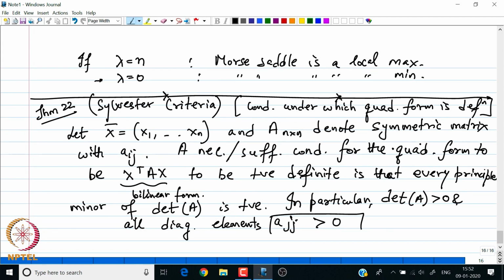Okay. So, that is the Sylvester criteria for finding the positive or negative definiteness of the matrix,